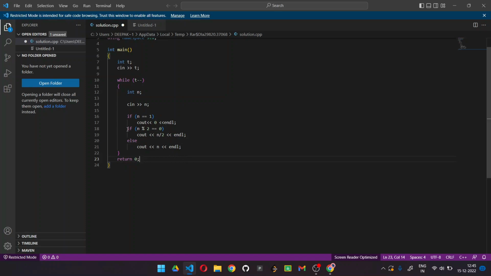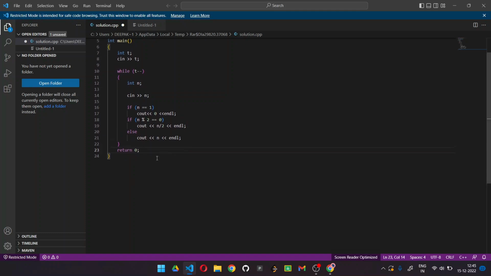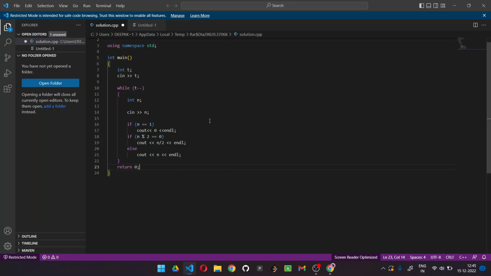Okay, and in the second condition, if N modulo 2 is equal to 0, it means it's an even number, right? Here we are going to print the result as N by 2. And lastly the else statement. Here we are going to simply print our N value. Okay, so that's all. Here we complete our code, and I hope you are able to understand the question very well,